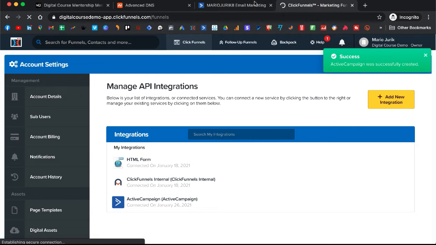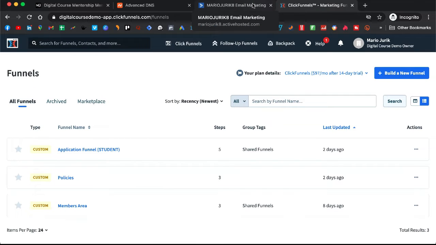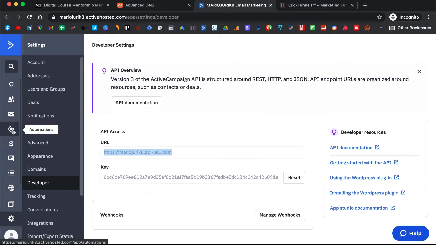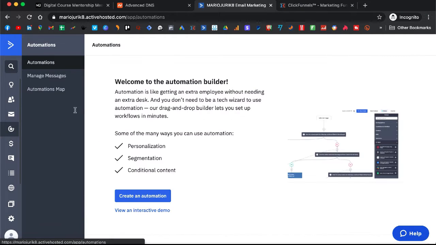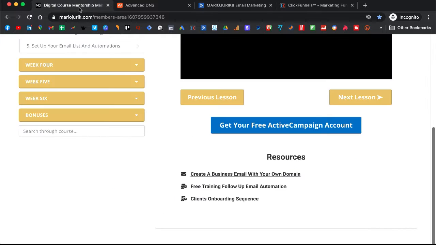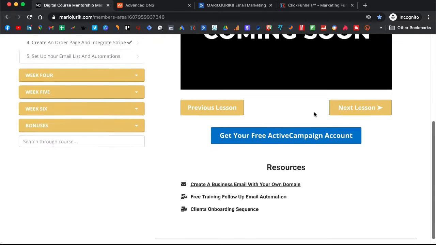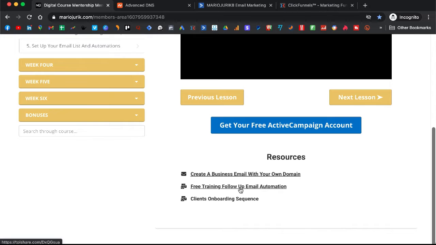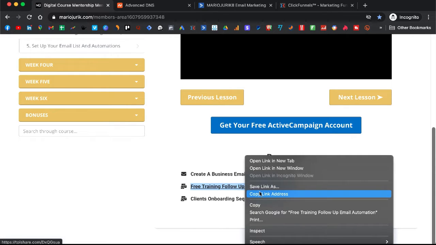And now we can set up your first automations. So we go back to ActiveCampaign automations. And the great thing about this, when you will be using ActiveCampaign, is that I will be able to share my automations with you with just one link. Below the training that you are watching right now, in the resources area, there is a free training follow-up email automation. It won't work if you just click on it; you need to copy the link address,